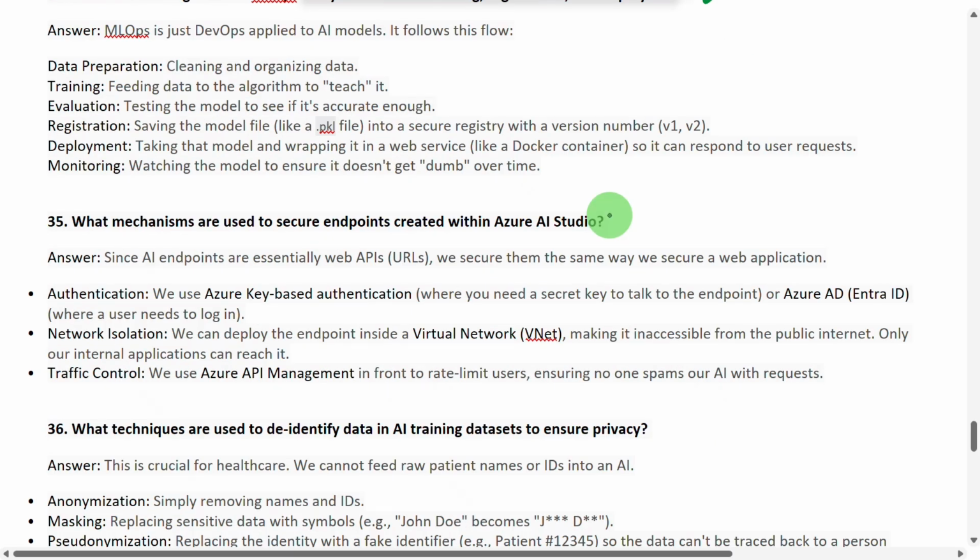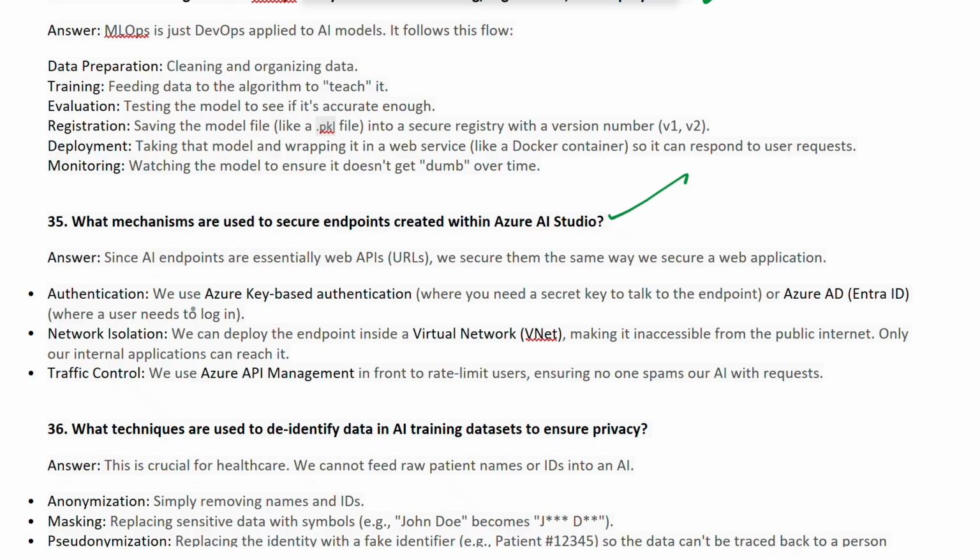And then moving to the next question, what mechanisms are used to secure the endpoints created within Azure AI Studio? Since AI endpoints are essentially web APIs, basically URLs, we secure them the same way we secure web applications.